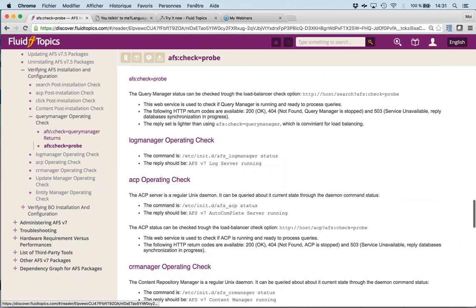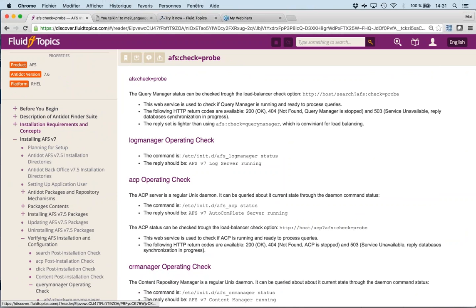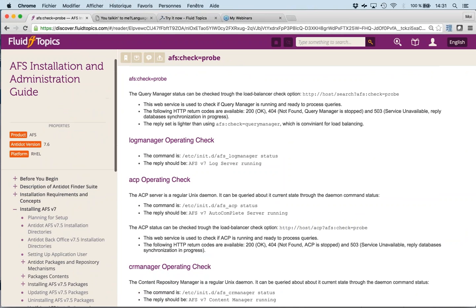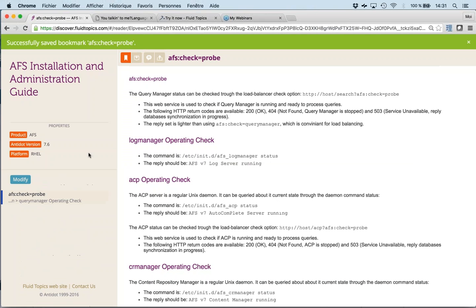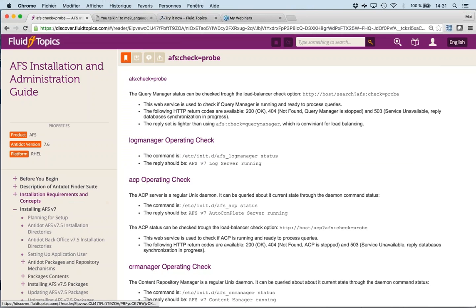I mentioned a few of the features of Fluid Topics, like the bookmarking capability. Remember, that's part of the experience, what people used to do when they were working on paper-based documentation, the capability to bookmark and jump rapidly. So here, that's the first icon there, create a bookmark, choose the color, okay, and this has been added to my bookmark list.